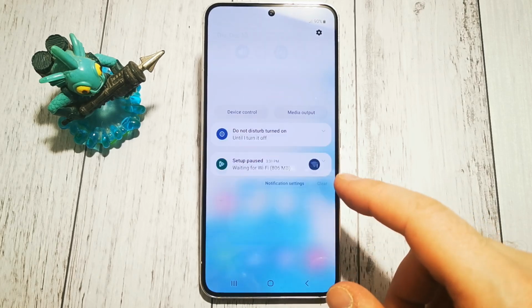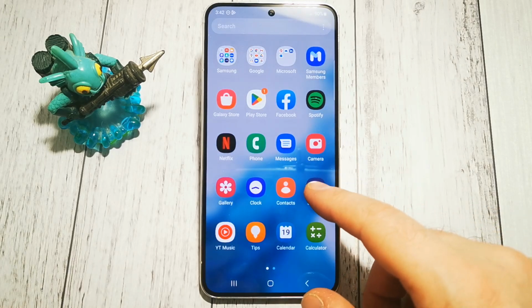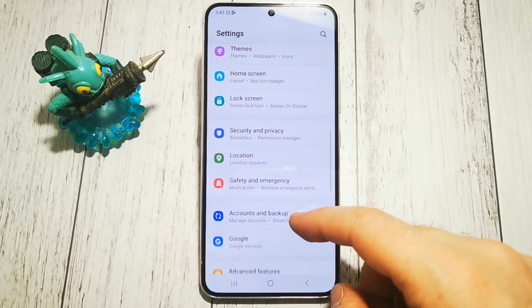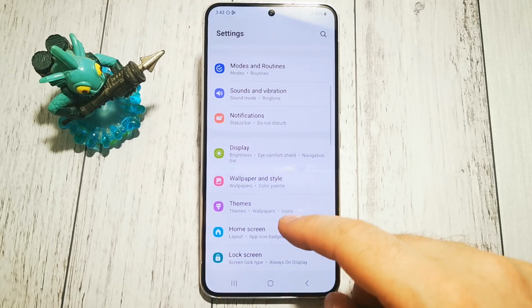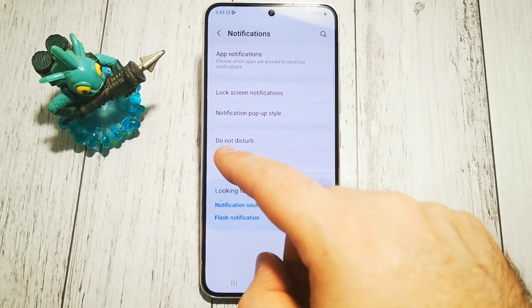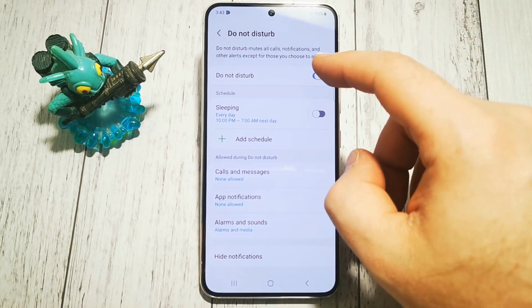But if this shortcut is not there, we need to go to Settings, then we're looking for Notifications, where it is here, Notifications menu, and Do Not Disturb is right here. As you can see, turn it off,